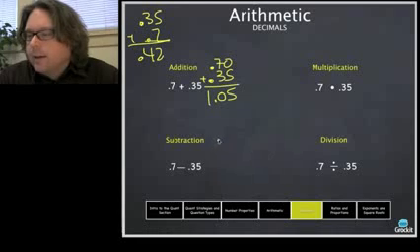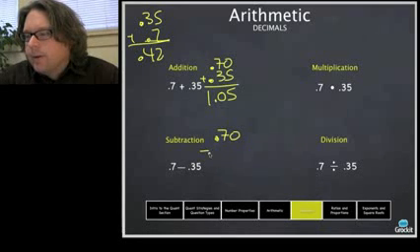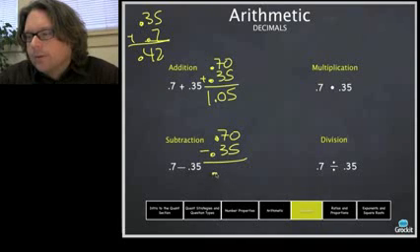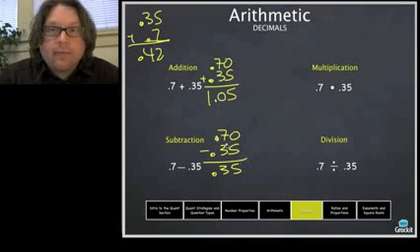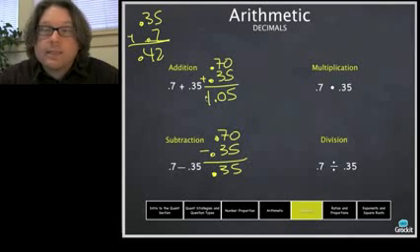Subtraction, same thing, 0.70 minus 0.35, and so it ends up being 0.35. It's the same thing as 70 minus 35, but then you have to make sure that the decimal points line